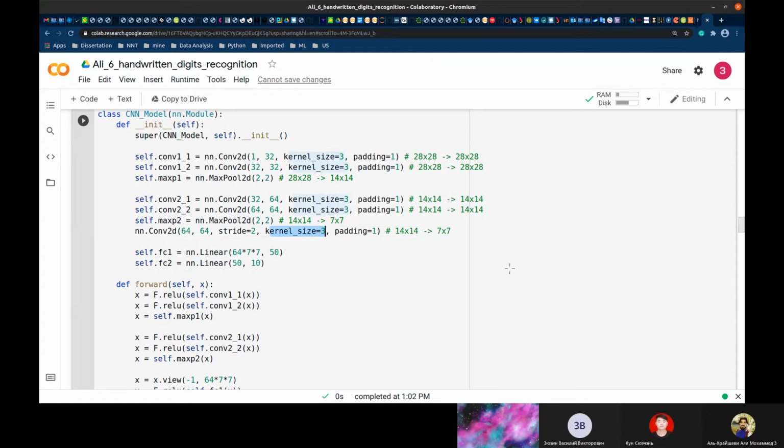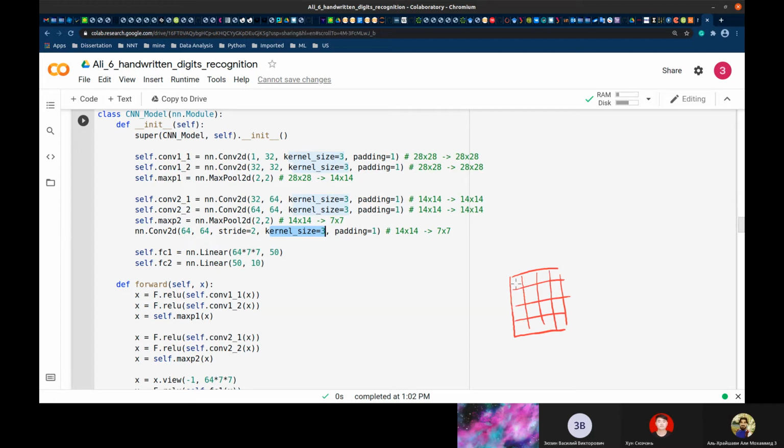Stride is like a step. Yeah, it is a step. It means that if you want to decrease your feature map,